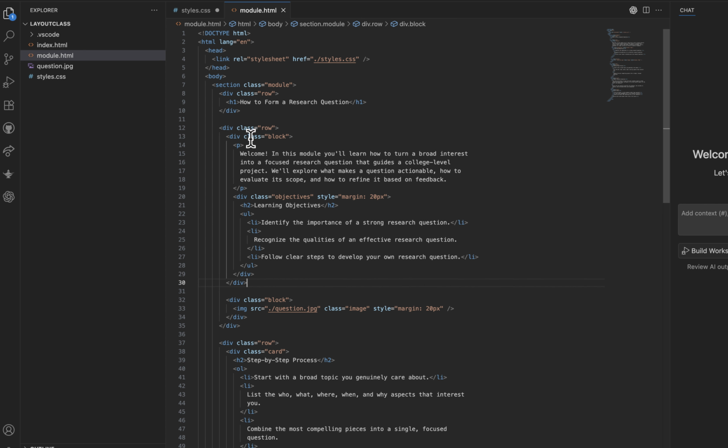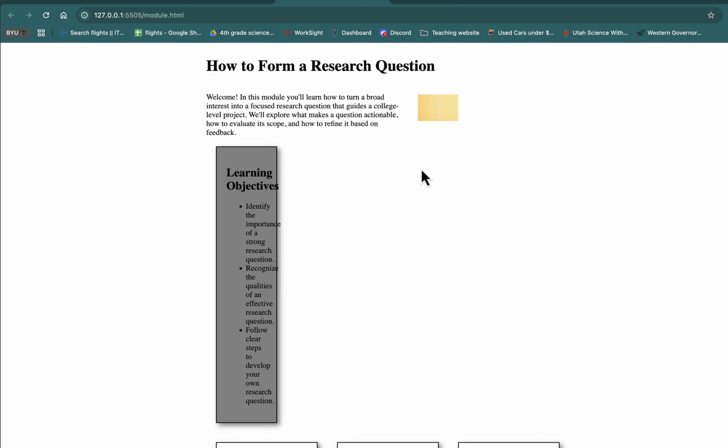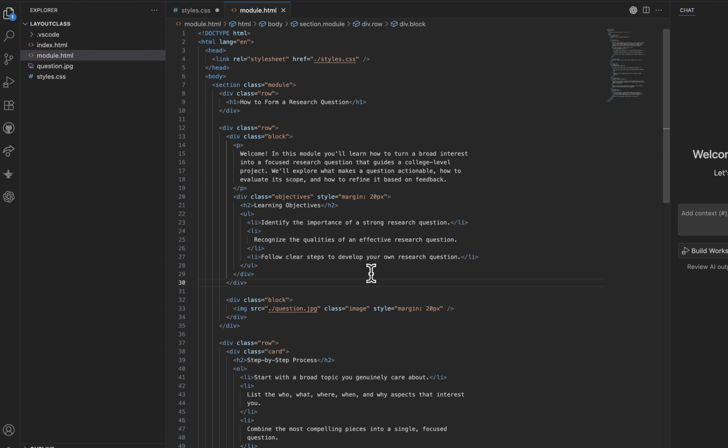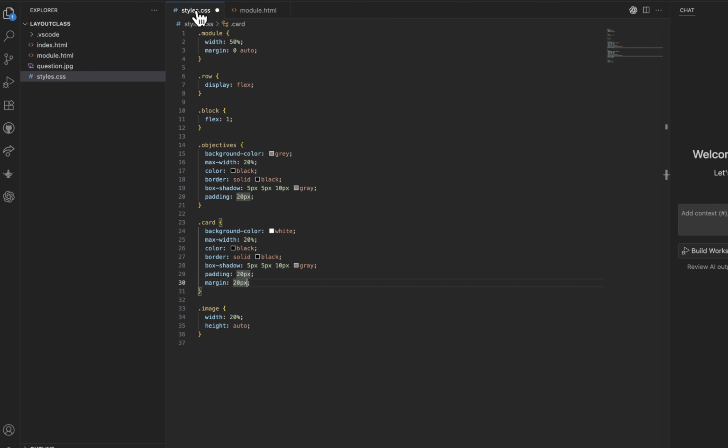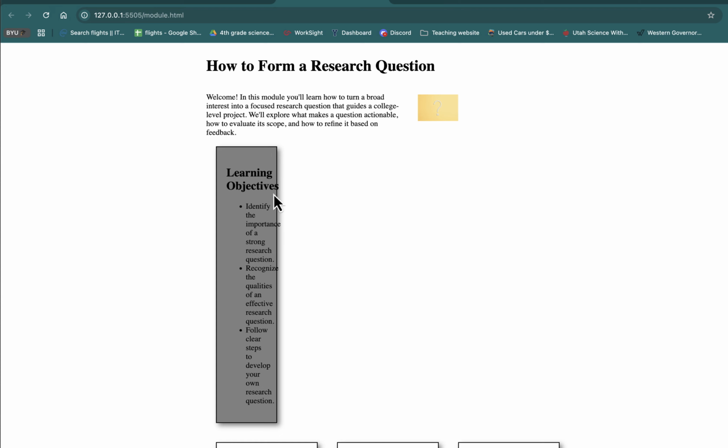So now there's only 2 blocks on this row, and the first block contains both this welcome paragraph text and also learning objectives. Now that's a little funky. You don't want it like that. There are different ways you could handle this, but probably you'd want